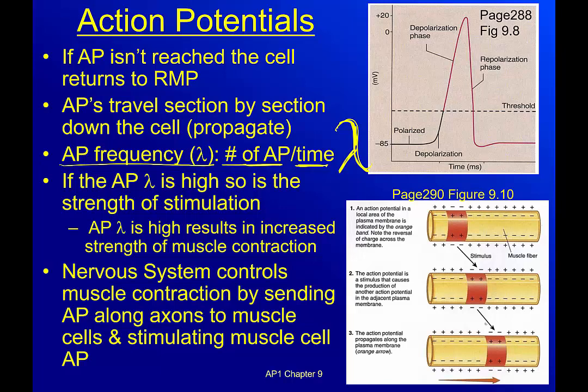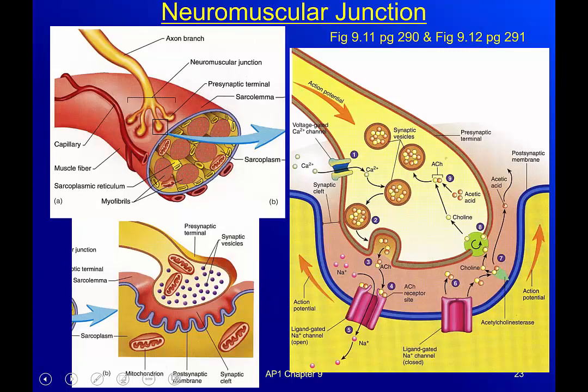If I keep hitting it and hitting it and hitting it and hitting it, then it's going to have a pretty strong stimulation. The action potential frequency is high. It results in an increase in the strength of muscle contraction. The nervous system controls muscle contractions by sending action potentials along axons to muscle cells and stimulating the muscle cell action potential itself. Remember what I said about skeletal muscle. It can't just contract because it wants to contract. It contracts because it gets a signal that it's its turn to contract. Okay, so